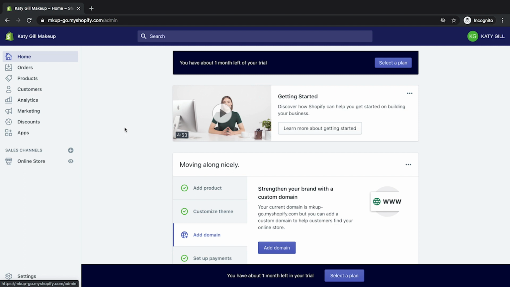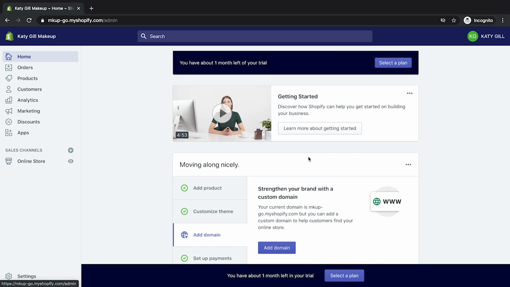Bit of a heads up initially, just want to let you know that we're calling it Katie Gill Makeup at the moment. We don't have a shop or business name just yet. We'll be going through that process in the next couple of days. Once we've got the shop and business name, we will then register the domain name, and we'll connect it into here. But you can absolutely go through and build up your shop in the meantime. You can add your products, you can add your pages, you can add your images and change all your content, and literally choose a name and connect a domain name right at the last moment. So it's not going to impede us in moving forward.